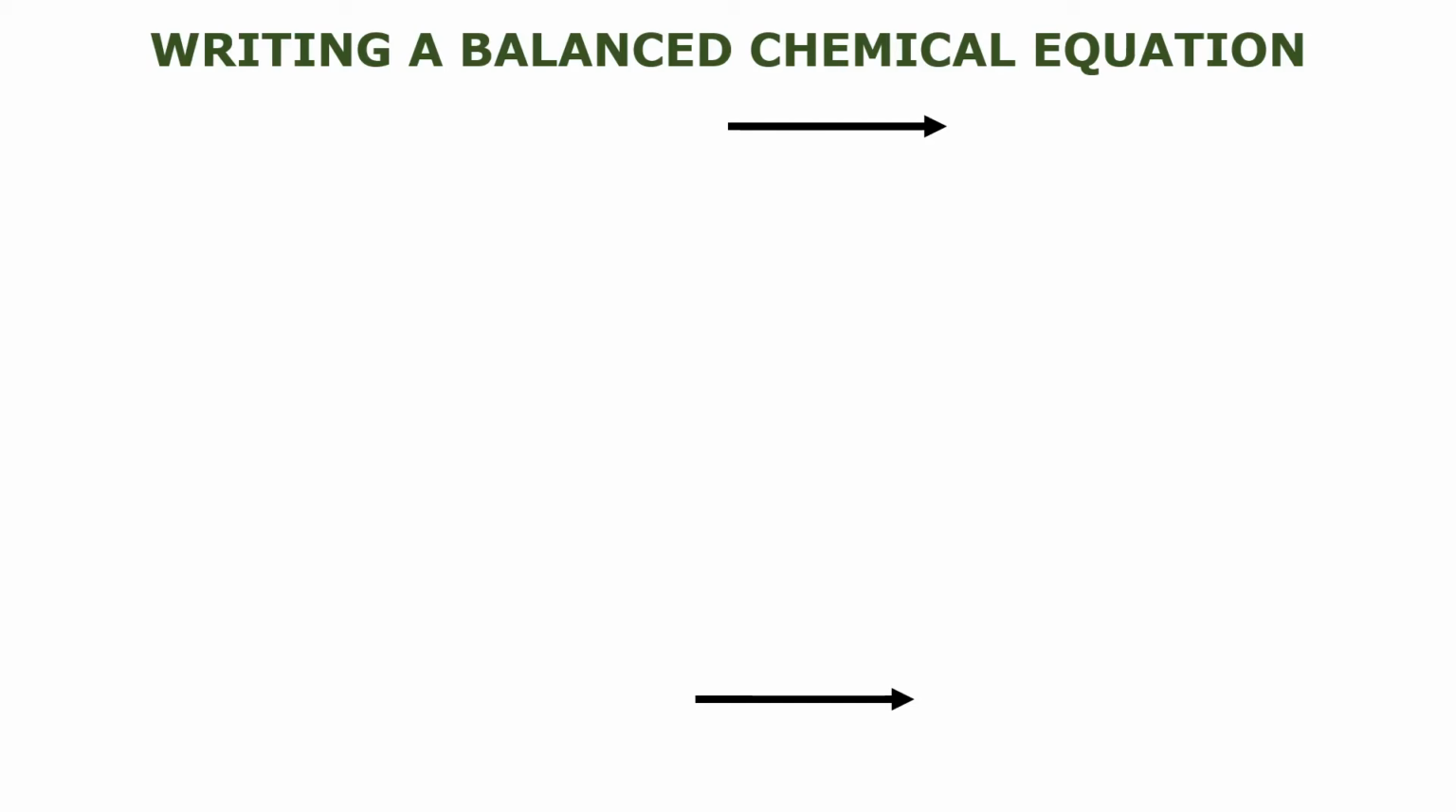Dear students, we now move on to the various steps which are involved in writing a balanced chemical equation. There are some steps we need to keep in mind. So let's see these steps. Again, we have the same chemical equation which we learned before in the previous slides about the burning of magnesium